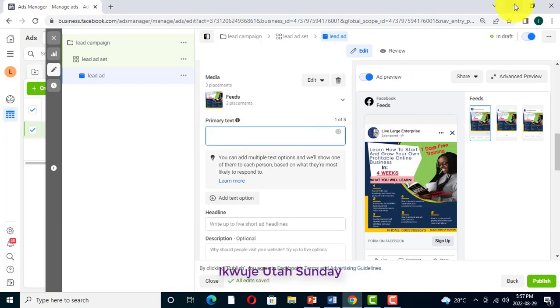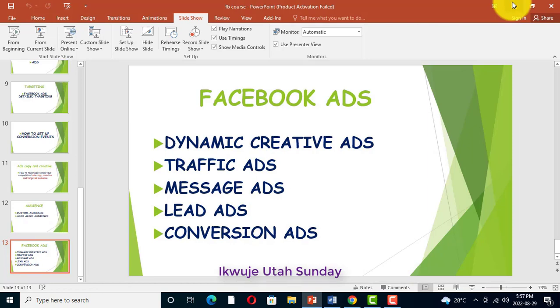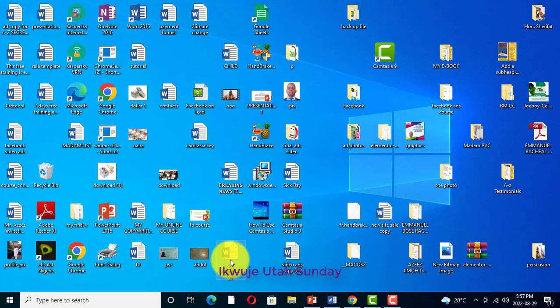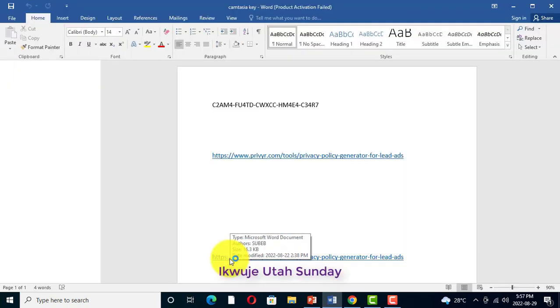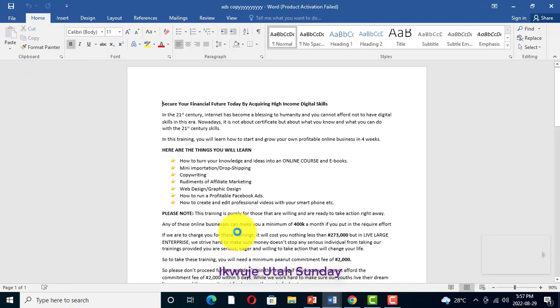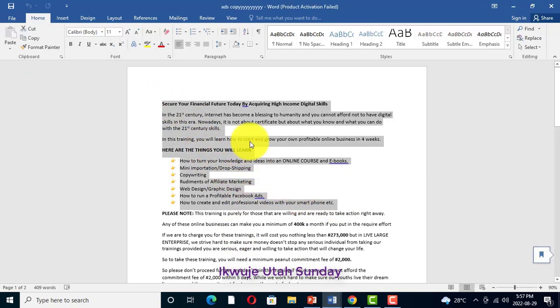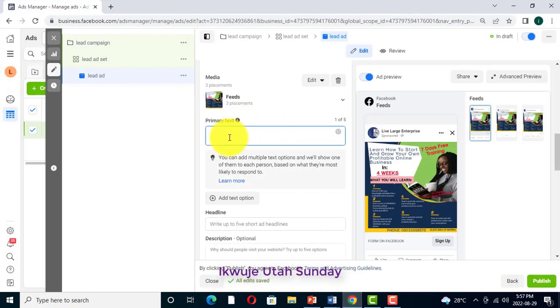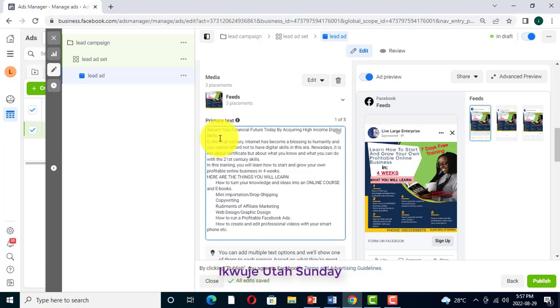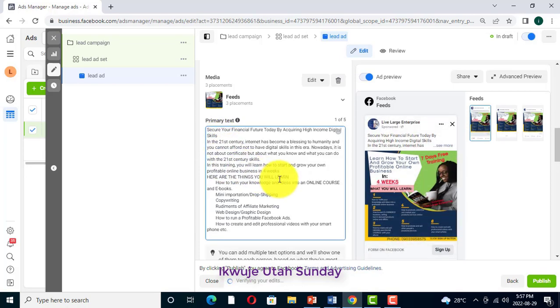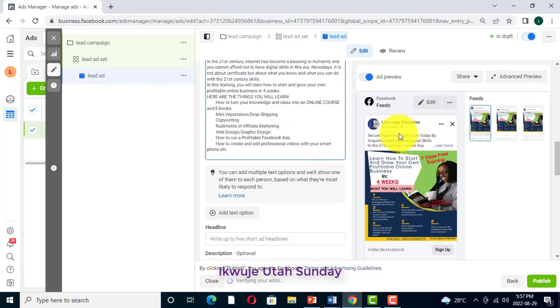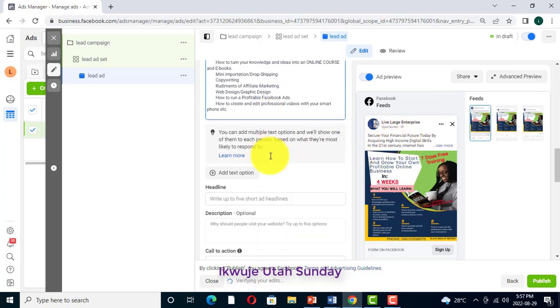Let me copy one quickly and put it there as an example. Okay, I paste it. So that is that for that. You can see it appearing. So the next